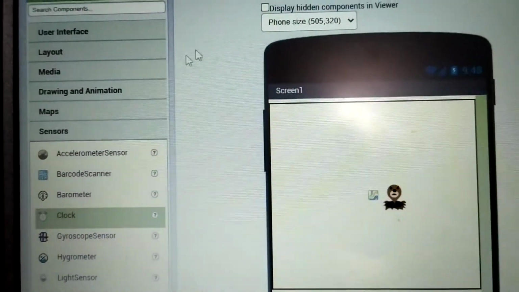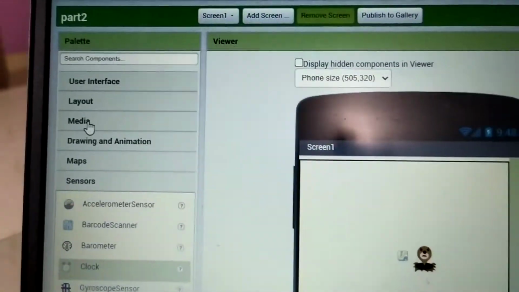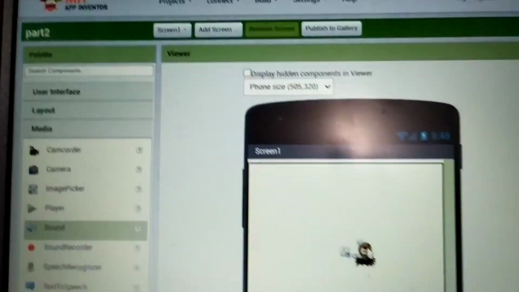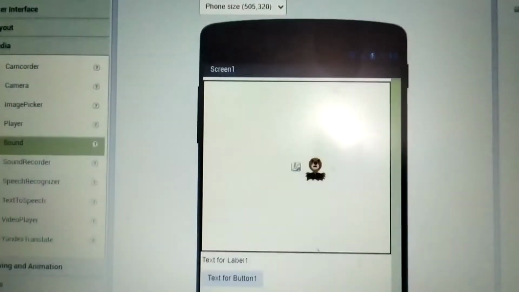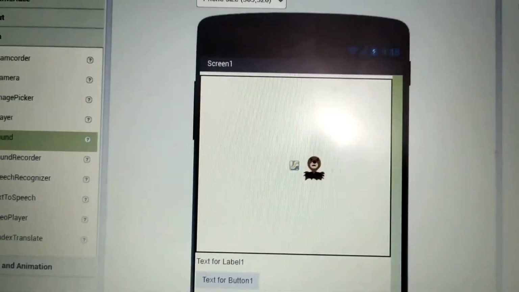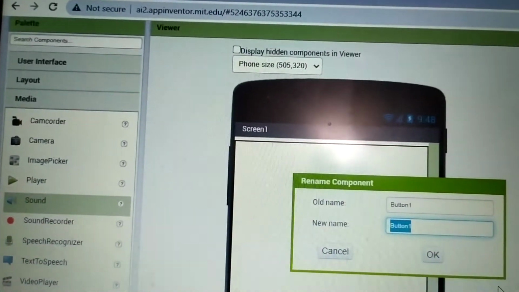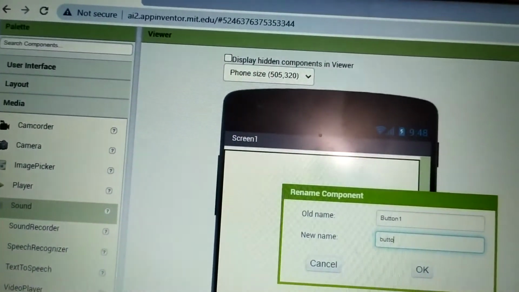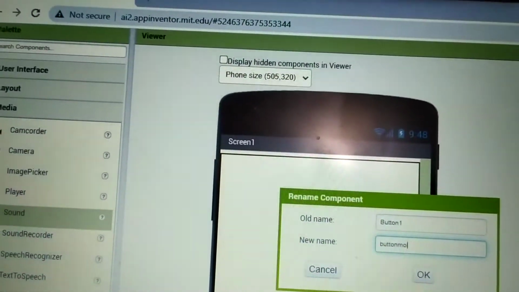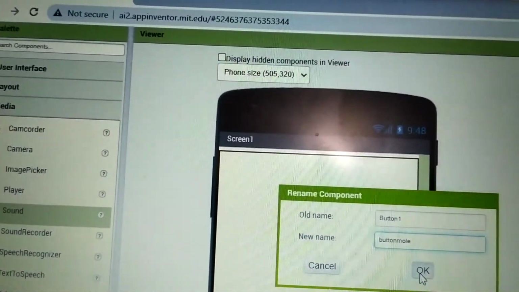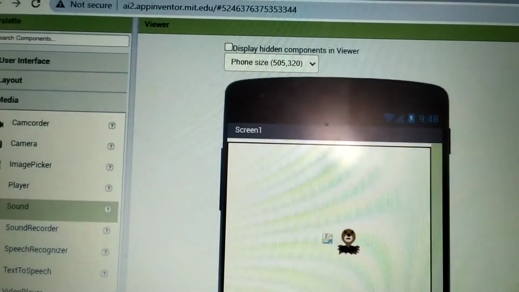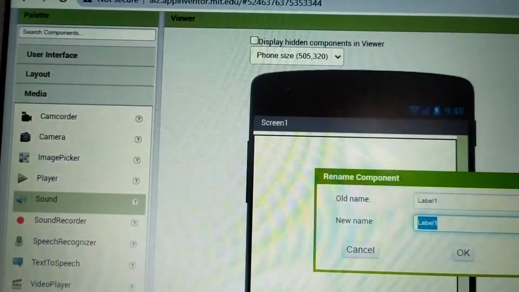We need to add one more, that is sound, from the media section, drag and drop. We need to change the name of button 1 to button more. Okay, label 1 to label score.